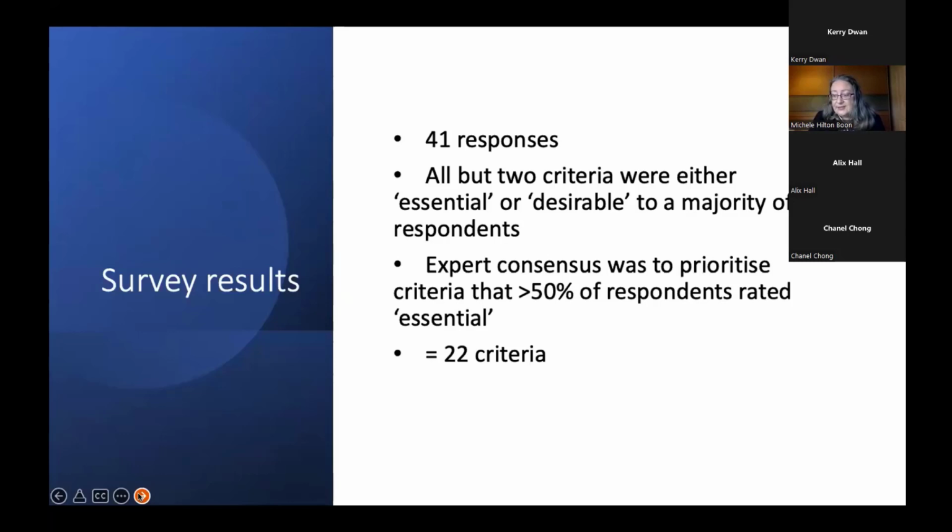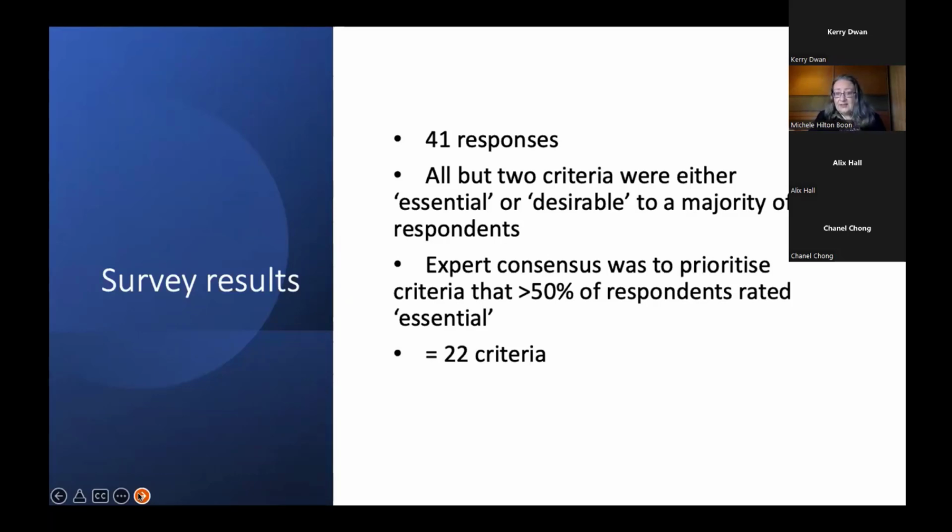All of the 36 criteria were rated either essential or desirable by a majority of respondents, with only 2 exceptions: the use of standard psychometric techniques in development of the tool, which potentially overlapped with other questions, and the use of a quantitative summary score, which of course is discouraged in the Cochrane handbook.